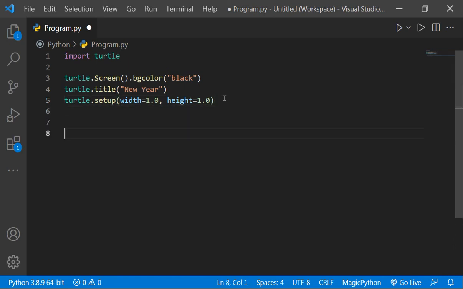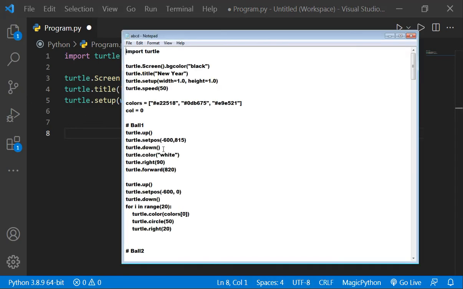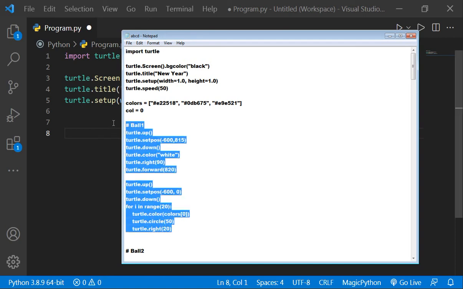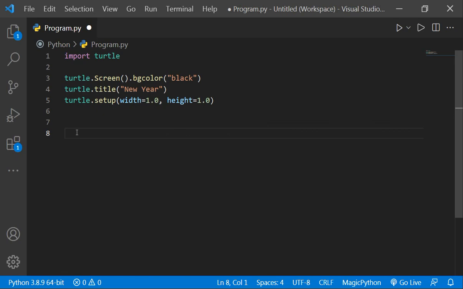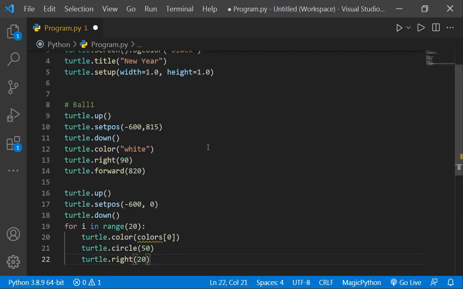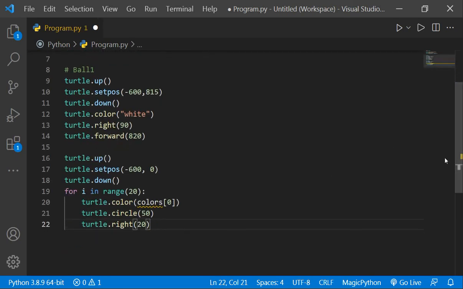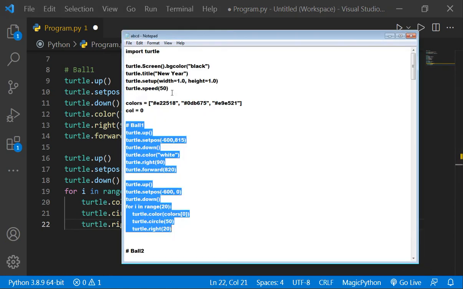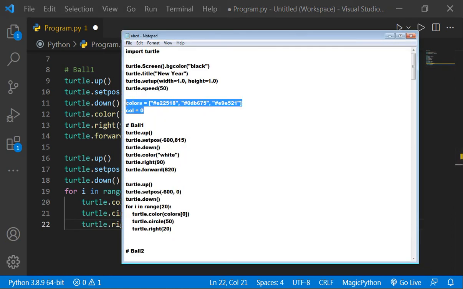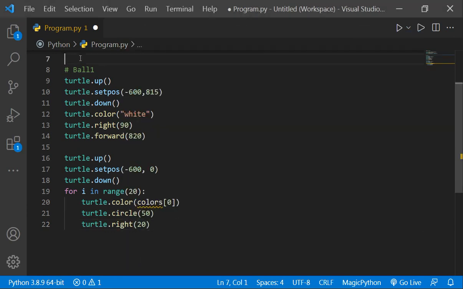Now we will make some balls for decoration. I have already written the code, so I will just copy it and paste it right here. Here I made a list of colors as well.